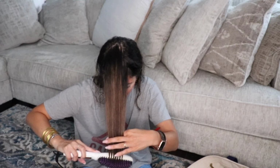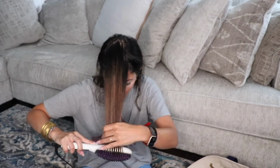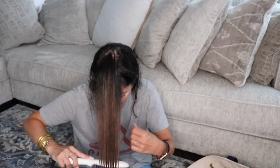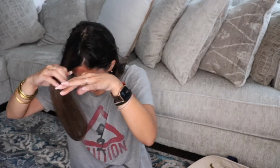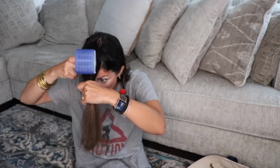This isn't really hot yet, but it'll be easier as you go along because it's going to just stay heated. I just leave it on and sit it next to me. And I like this brush because it just doesn't get rid of, see? I don't know if you can even tell that. Much better, much smoother. We don't care about up here so much, but just the ends. Okay? And I'm going to go ahead and I'm going to,